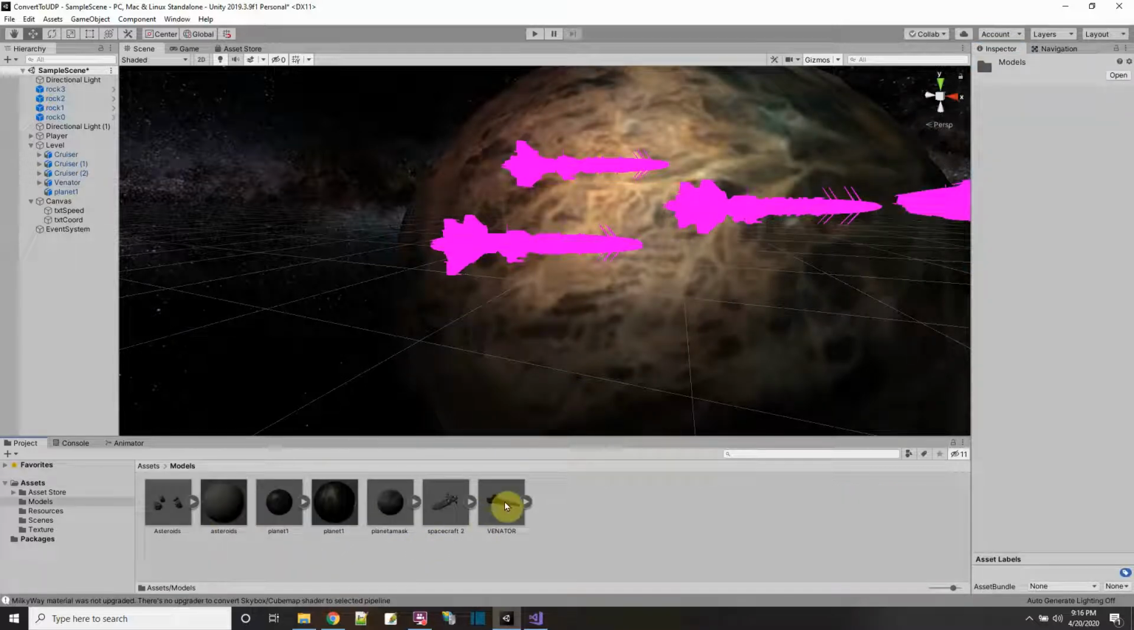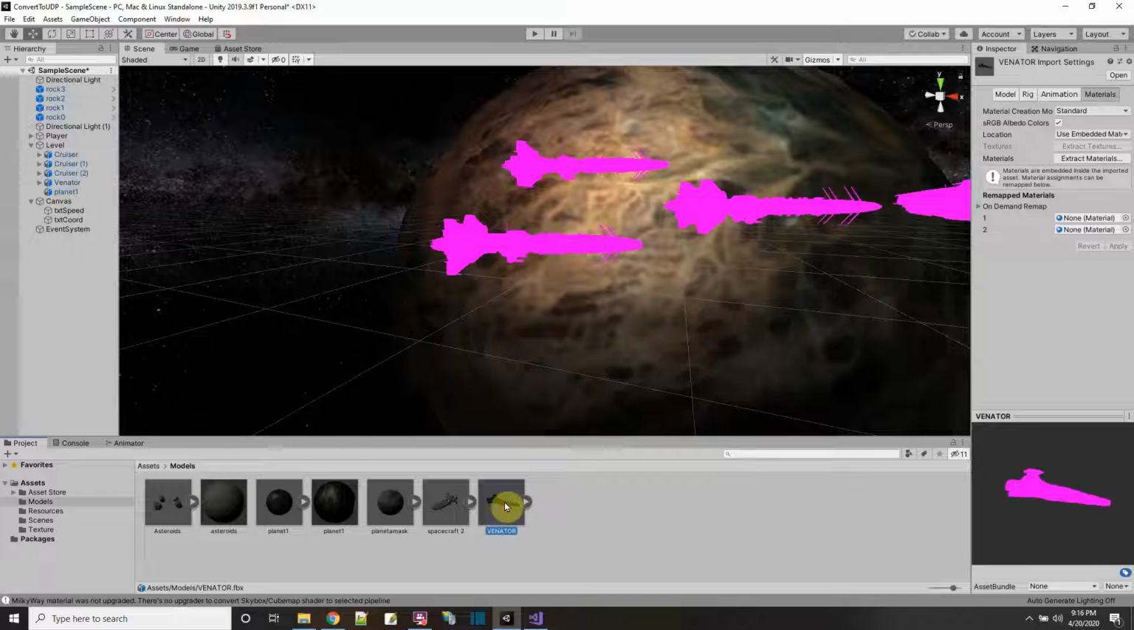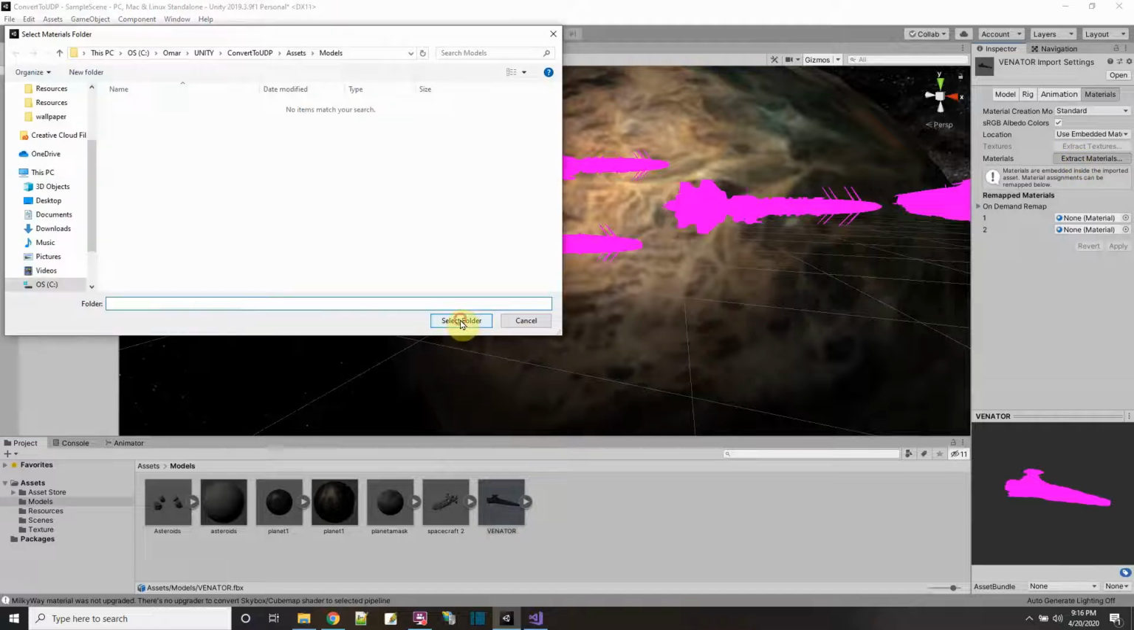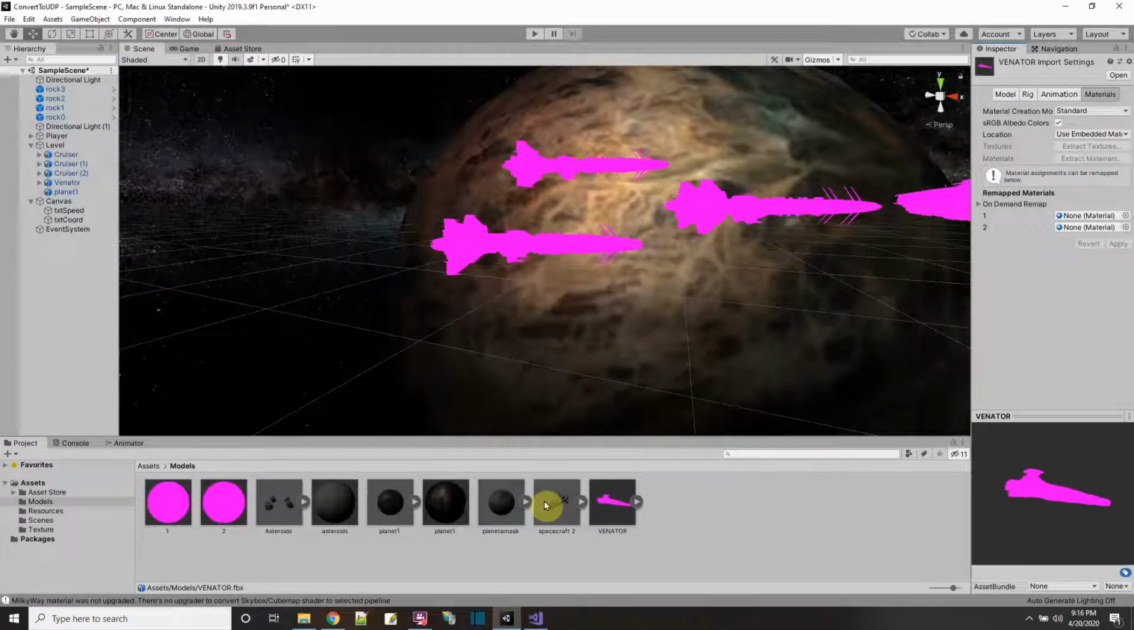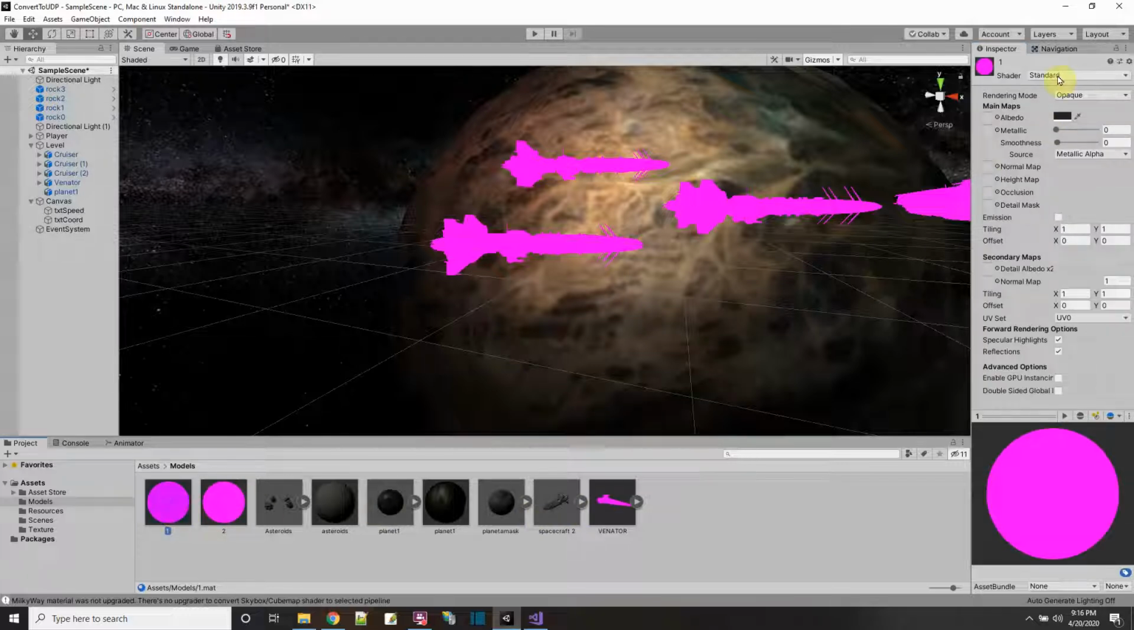So here's the Nader, the big one, the big ship. And when I pick it, there's materials, and I could say extract materials. Let's see just how many materials are in the Nader. So I extract, and oh look, there's just 2 materials. That's not going to be too bad. So I pick this one. I'm going to use